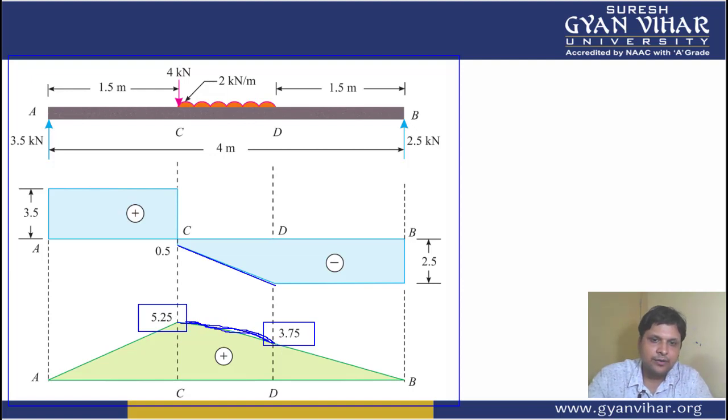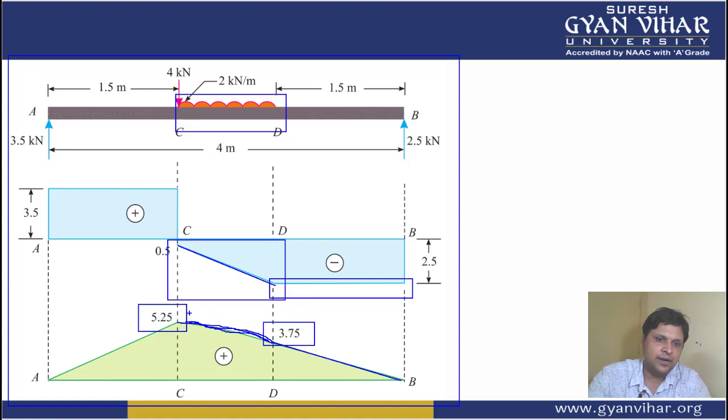Then lastly, from B to D, you have a horizontal line in shear force. This means that directly by an inclined line you can join. So one thing you should always keep in mind is that whenever there is a UDL acting, you will get an inclined line in shear force and a parabolic curve in the bending moment diagram. I hope this numerical is understood to you.